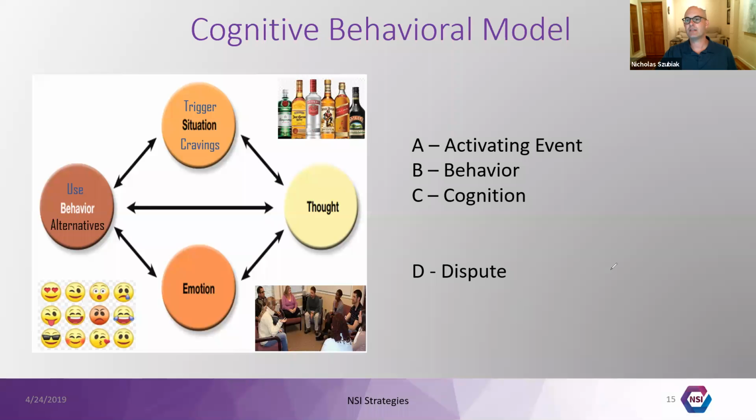And so the CBT model, we're going to go over this quickly. Many of you are familiar with it from your work in other areas, but this is really how it applies to substance use disorders. The classic model is the ABC model, back from Albert Ellis, where A is an activating event, B stands for the behavior, C are the thoughts, the cognition, and then hopefully bringing in a D where we learn how to dispute some of those thoughts that generate potentially uncomfortable emotions.